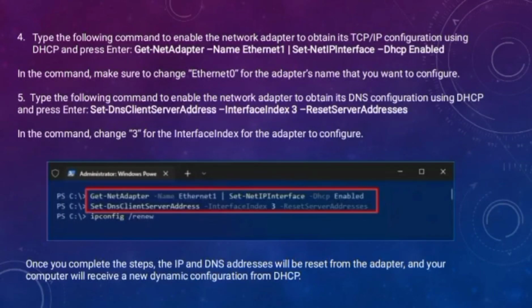Fourth, type the following command to enable the network adapter to obtain its TCP/IP configuration using DHCP and